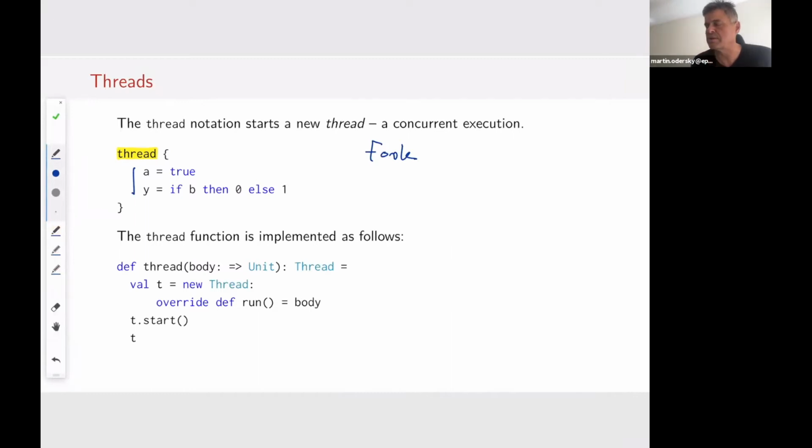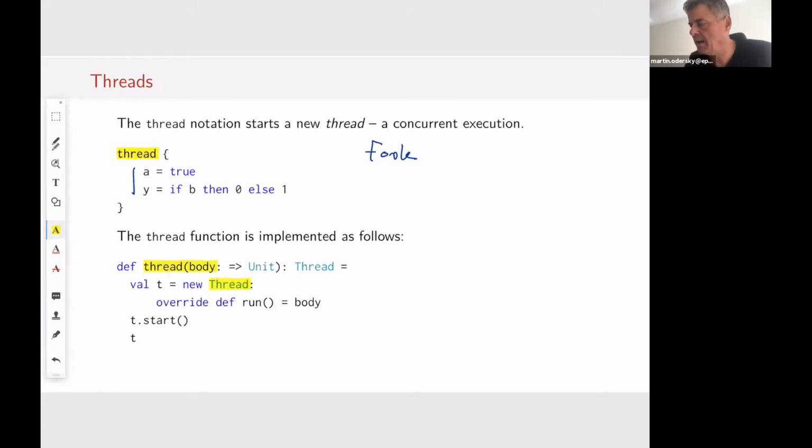So that thread method is a utility function that you find in a library, or you can easily write it yourself. Here's an implementation of that thread method. We have this thread method here, and it creates a new thread.